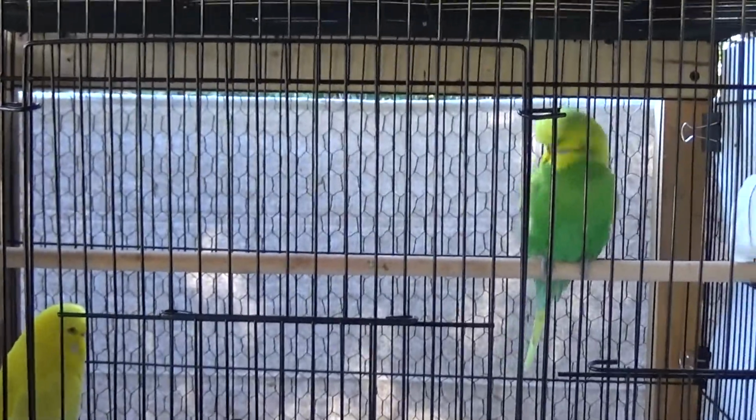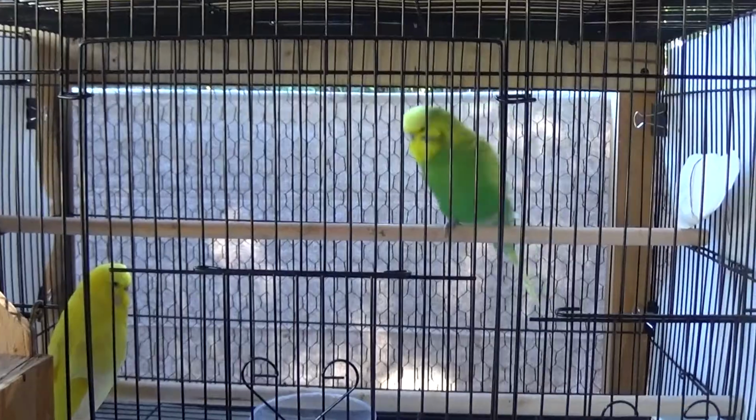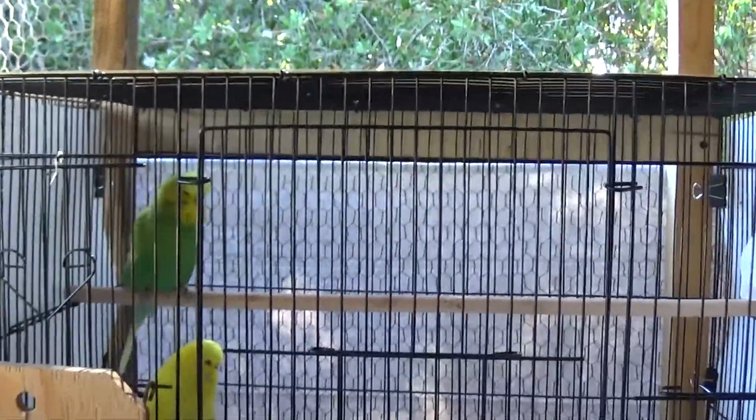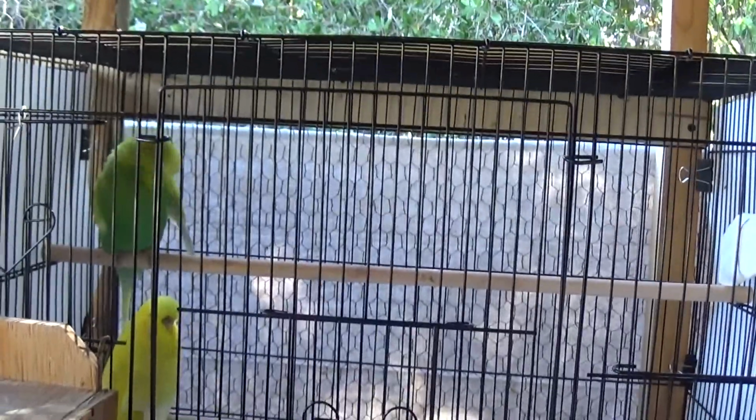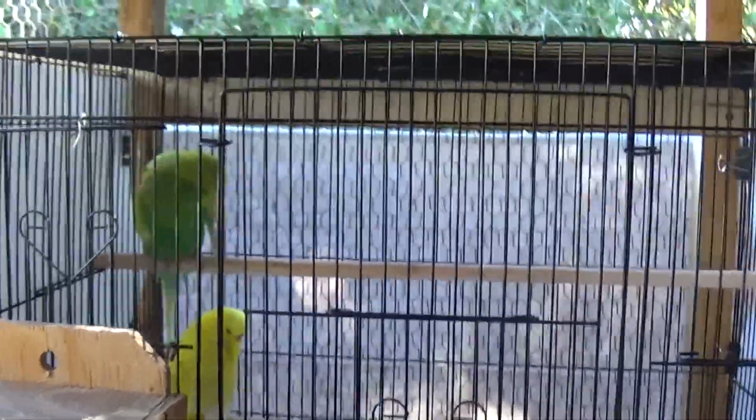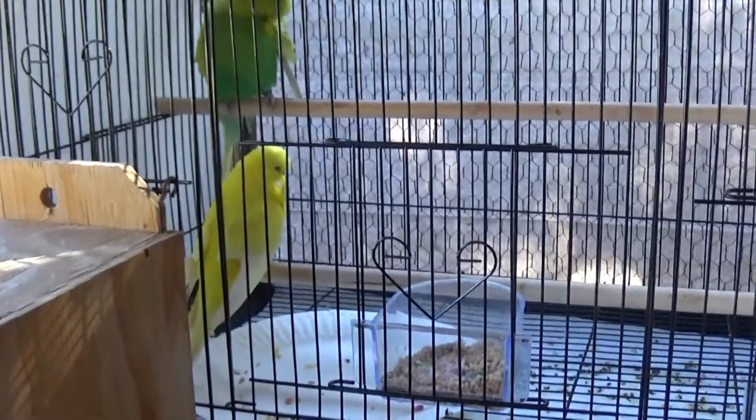He's got decent size. He has nice markings. As usual, he could use a little better feather. He could be a little wider across the head, but we'll see what happens as he gets a little older. But he does have good size, which is why I've got him here with,